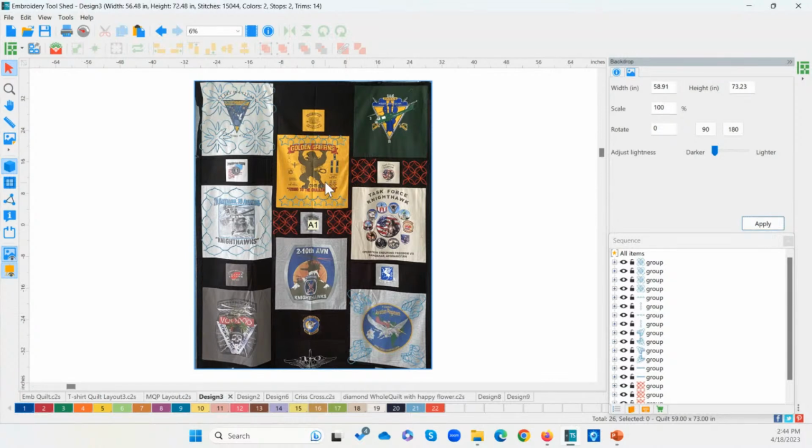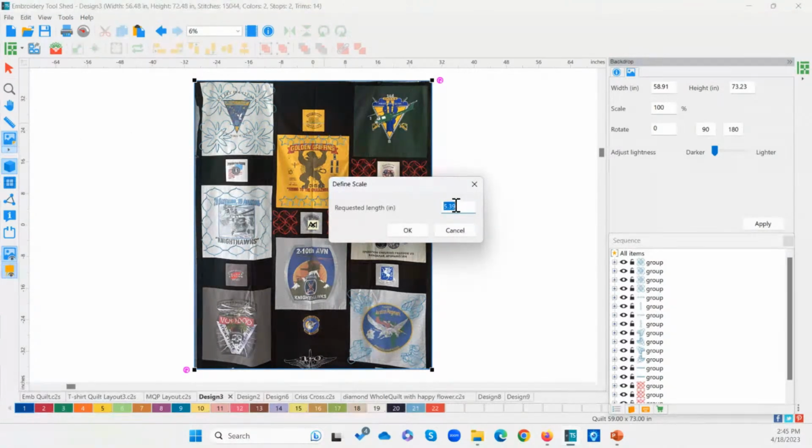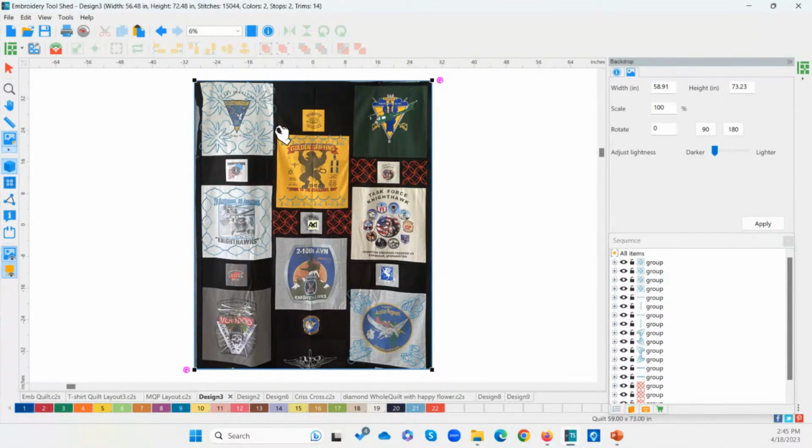These blocks are 17-inch blocks to cover the whole front of the shirt or the back of the shirt, whichever it was. And then if the shirt had a front logo or emblem, then this is a 5-inch square. So then make sure you set your scale, and you could measure either one. Since this is a 5-inch area, you could click across here and then choose that, that's 5, to set that size to make sure that it's going to be on the right one.